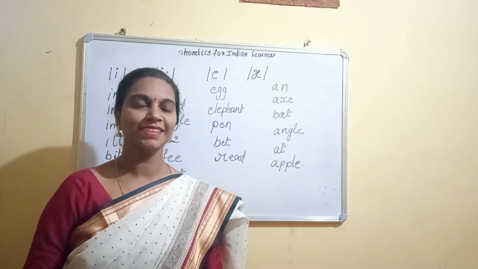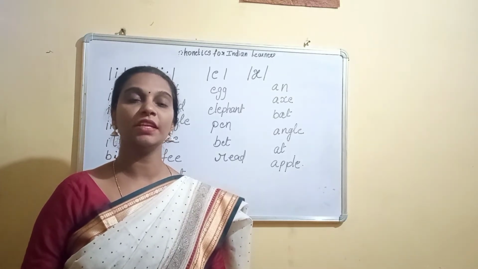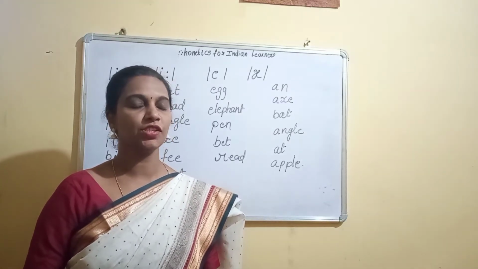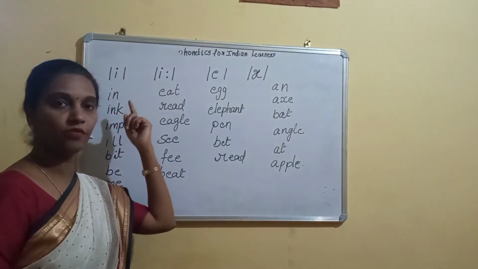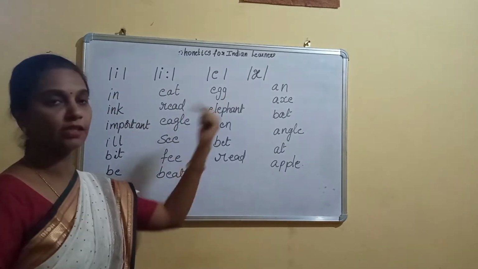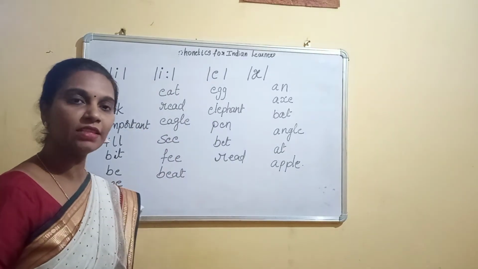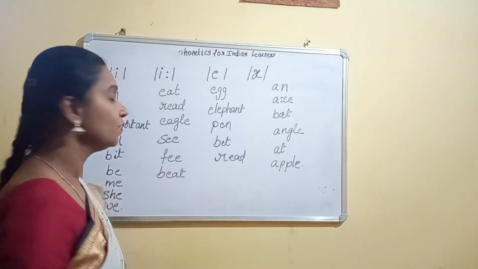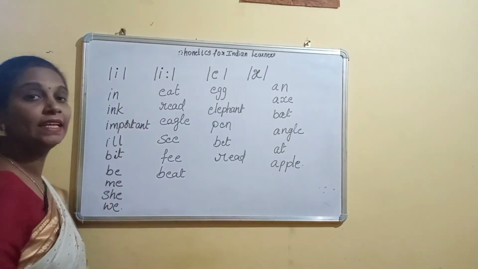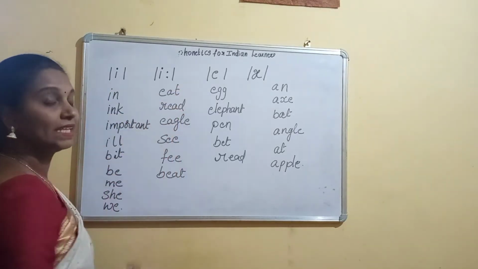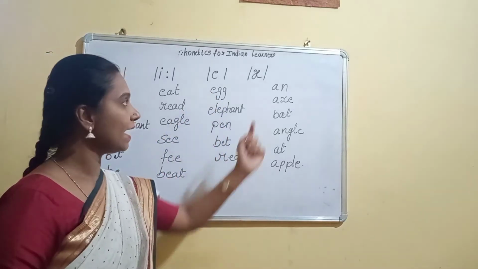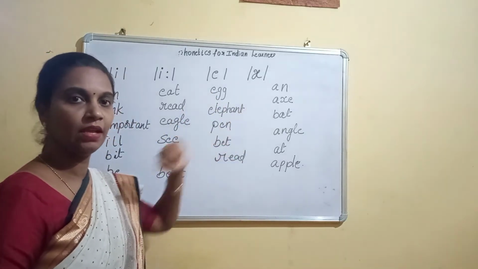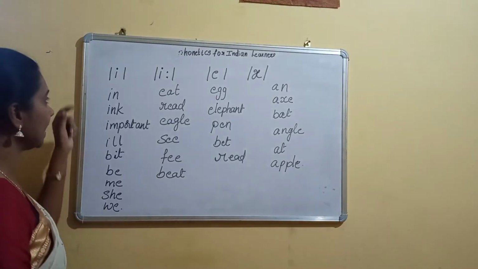So dear friends, now let us learn about the different positions in which these sounds occur. In the session earlier we learned about these 4 sounds. So which are these 4 sounds? Yes, this is E, this is E, this is the sound A, and this is A. Let us learn some examples once again.